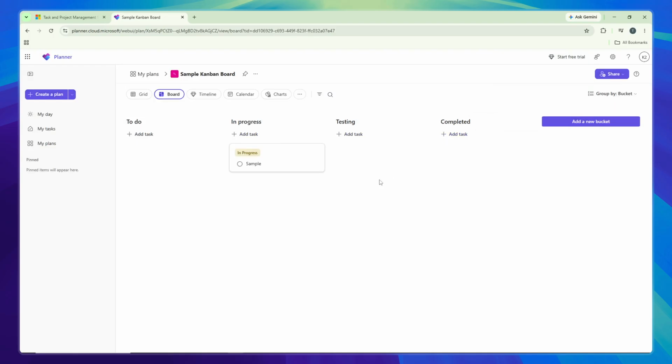Drag it to testing when it's ready for review, update the label accordingly, and finally move it to the Done bucket when everything is complete. This drag and drop functionality combined with color-coded labels gives you a clear visual overview of your entire project's progress at any time. And that's it! You now have a fully functional Kanban board in Microsoft Planner that you can use to track tasks and